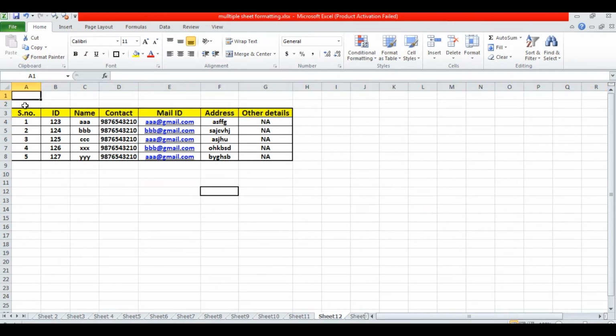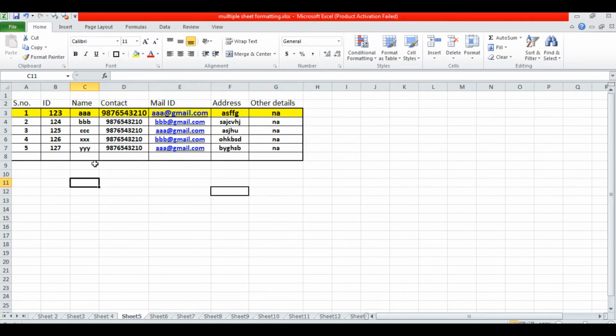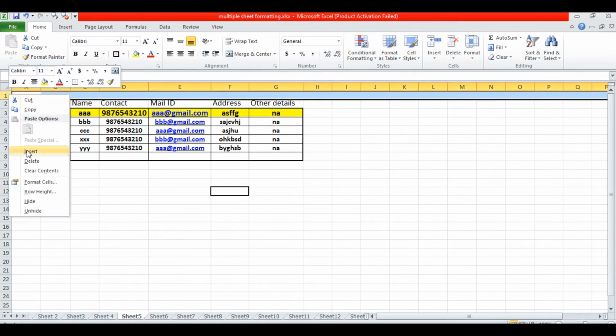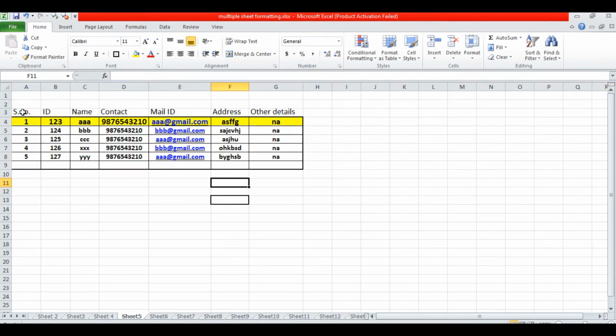So you have to ensure the heading is in the third row for all the sheets before getting into the editing part, right? So in sheet 5, that is a problem, it is not in row 3, it is one row before, so your formatting will not apply here. So what you have to do is ensure it is in row number 3 before editing. That is why I have purposely made this mistake.